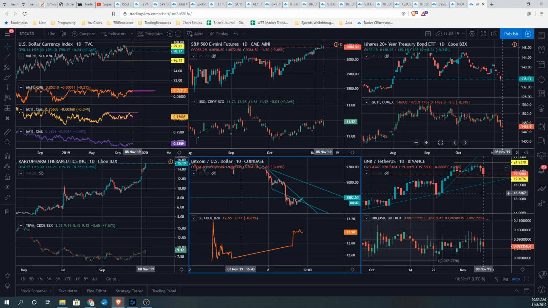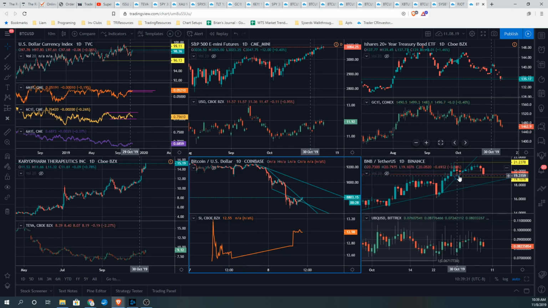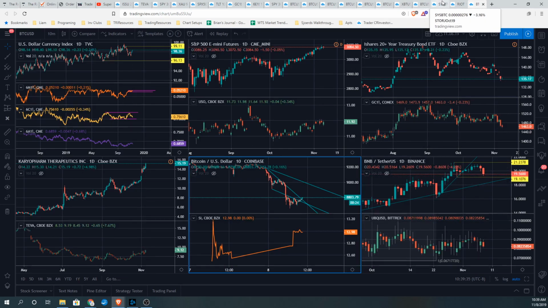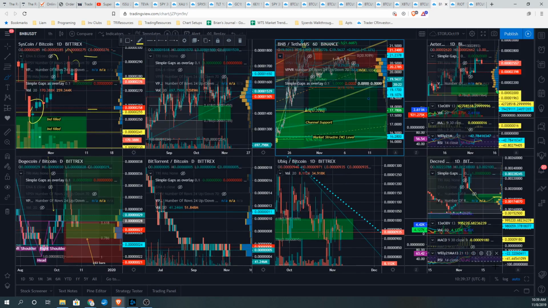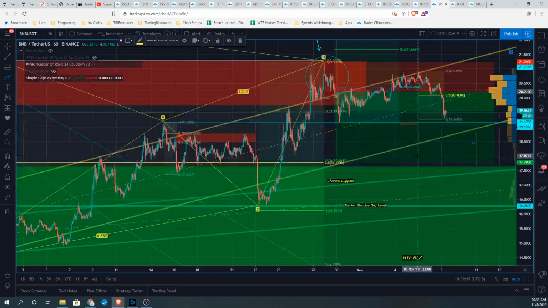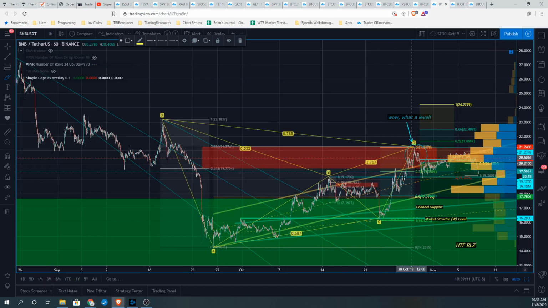Then just a couple comments on alts, and we've been talking about the same theme recently, so nothing really new here. But BNB rallied back up against the top end of its range, and you can see it fell out of bed with Bitcoin overnight. Testing the bottom end of its range, and interestingly for the range traders, we've been following this trade for a while. It's fascinating to see how this potentially could be a harmonic failure level.